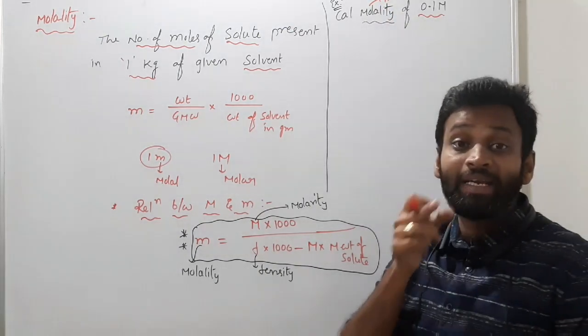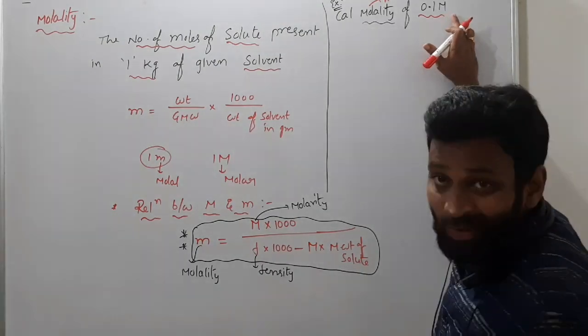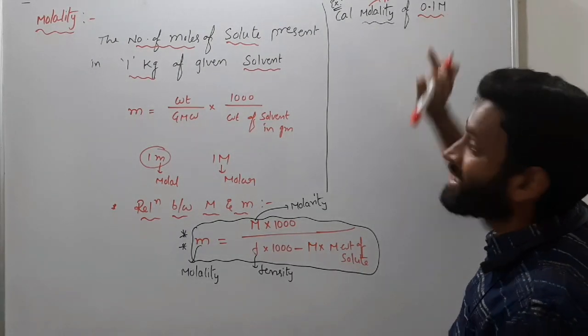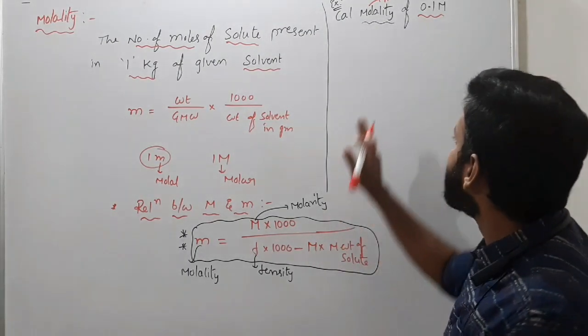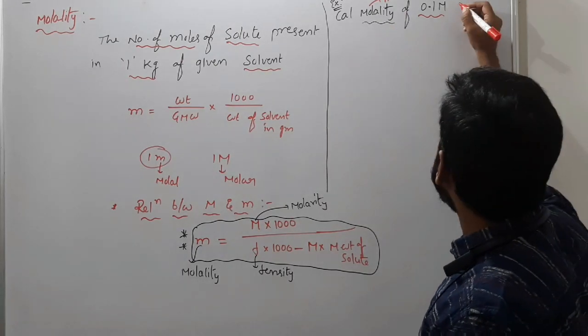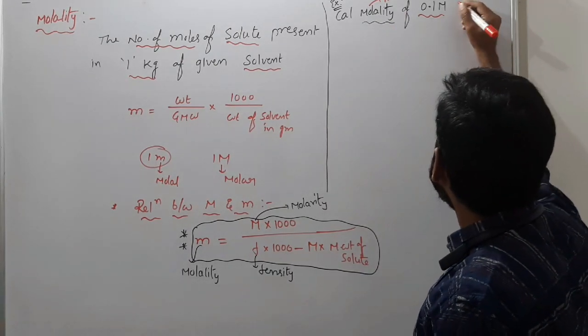Capital M means molarity is given, so don't get confused. We are asked to calculate molality, small m. Capital M means molarity is given, and that molarity value is 0.1. Calculate molality of 0.1 M